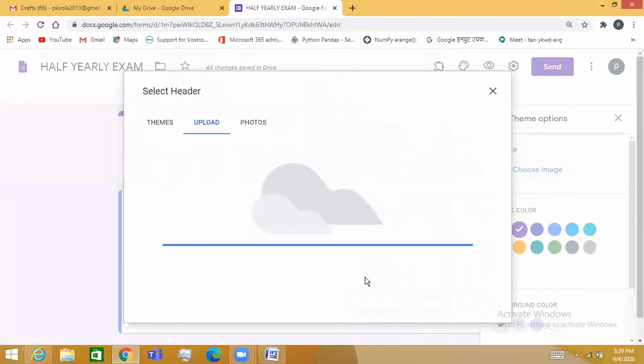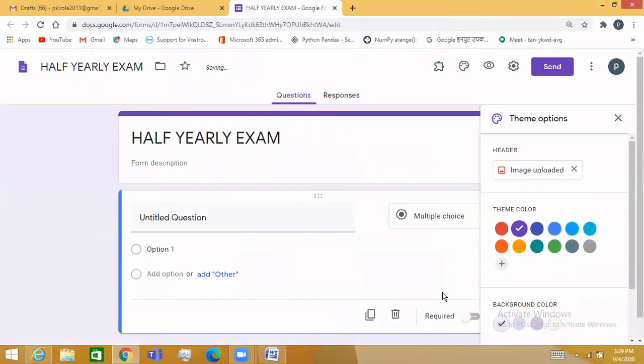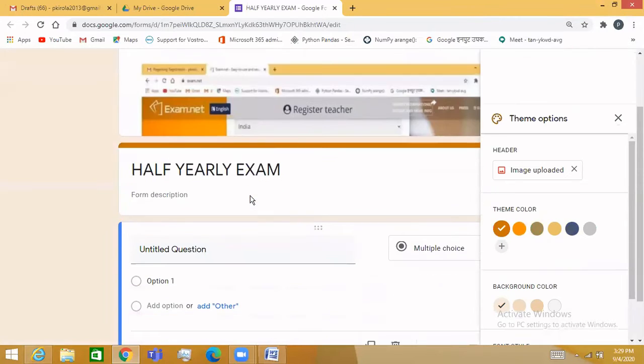Yes, the image is uploading. If you want to show a logo, you have to drag this rectangle upward and then click on Done. The logo or the image will appear at the top, whatever you have, right?